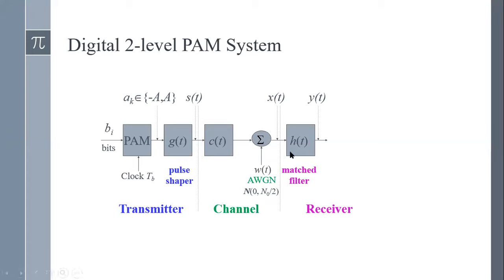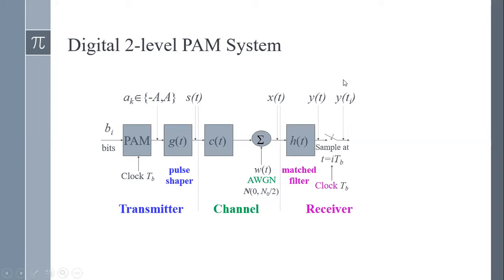Okay. So after the noise is added, we are sending it to a matched filter. Now this matched filter is the important portion, where we are going to derive the value of this h of t. What should be the value of this h of t, so that y of t assumes the same pulse which is sent by s of t, right? So today our job is to design or find the value of this h of t, so that this y of t resembles the pulse shape of this s of t.